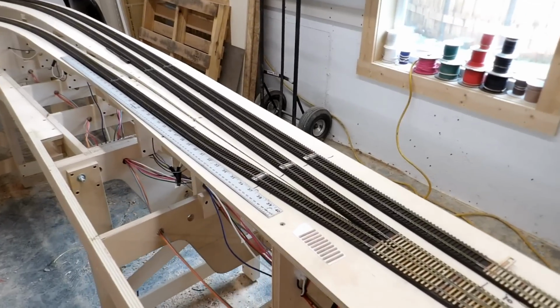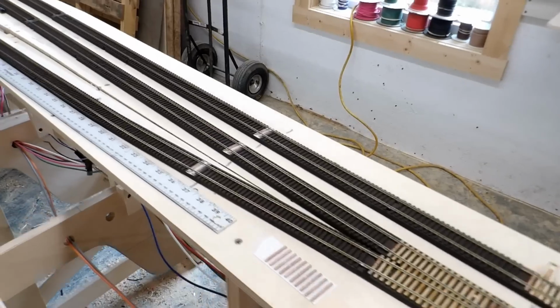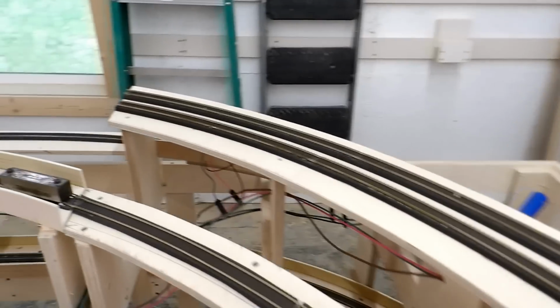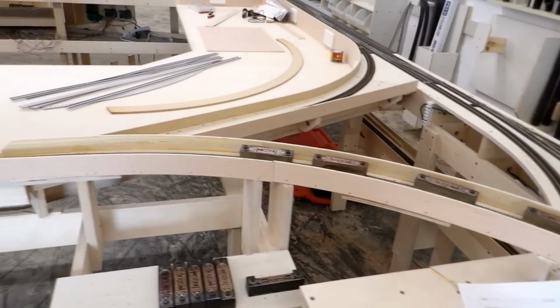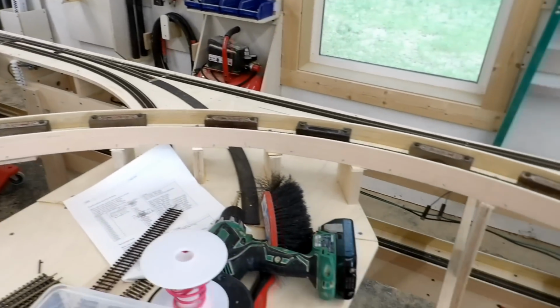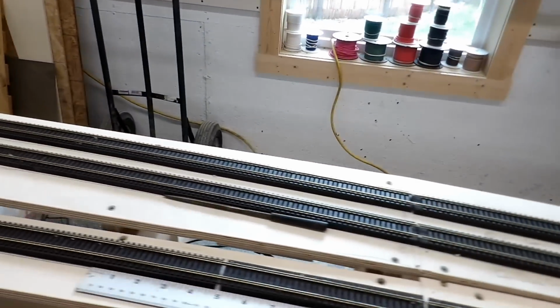Well, I came out here again last night, and I continued to the west of the junction, all 3 tracks around the end. And this morning I've put in the curved leg of the Y going to the reversing loop. That's not wired up yet, and there are some feeders missing on this double track main line because I ran